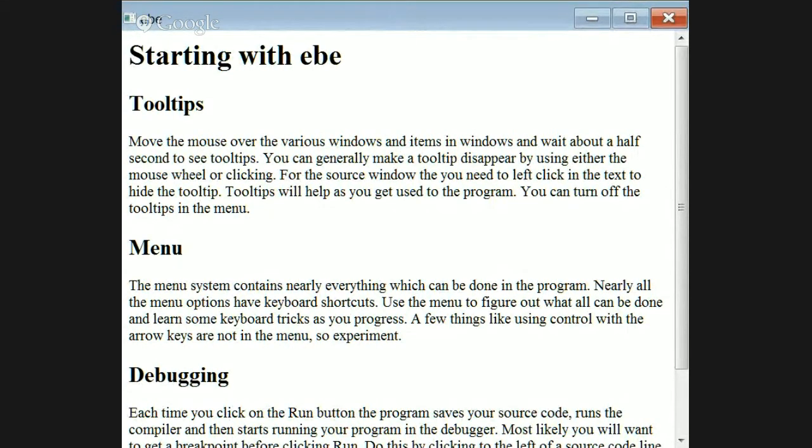And it's still saying starting with EB. I thought it was going to show me the new one. Well, I won't bother to chase that down. It's too much trouble switching between windows to show all of those. So going back to EB,